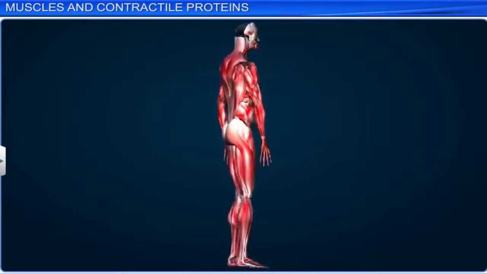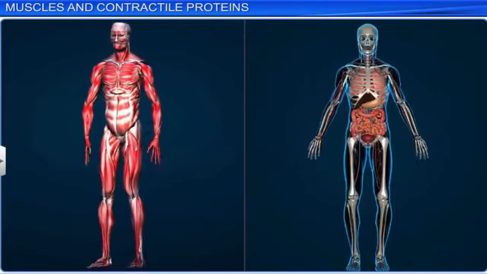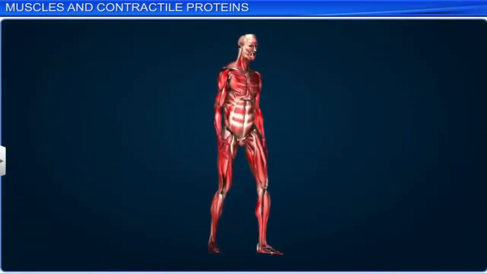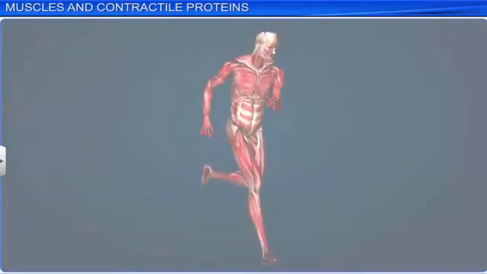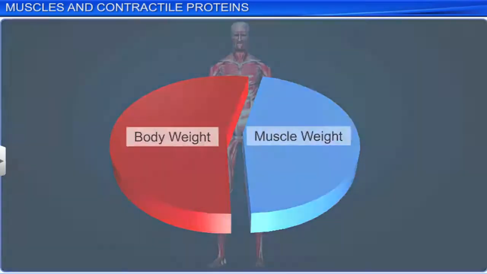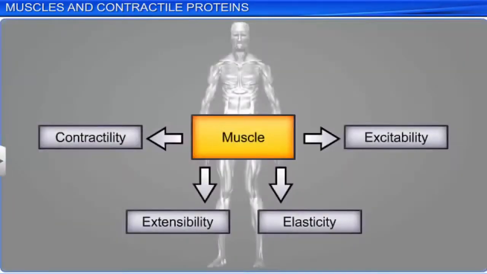Muscles play an important role in body movements as well as the movement of internal organs. Without muscles, it would be impossible to bend, stretch, walk, or perform any activity. In fact, muscles constitute about 40 to 50% of body weight in adults. Muscle is a specialized tissue that originates in the mesoderm. Interestingly, it is the only tissue in your body that has special properties like contractility,